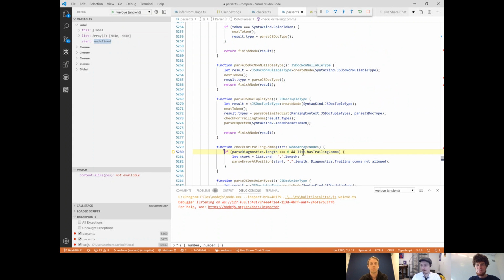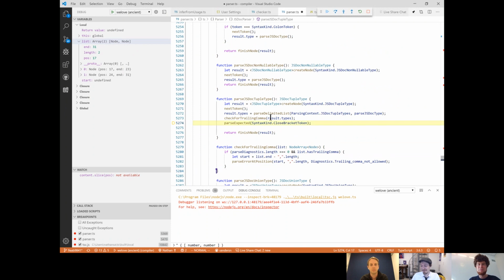So, it's an error message. Oh, that's right. We jammed all sorts of custom properties on lists back then. I don't think we do that anymore. I'm not sure. So basically, parse delimited list also jams some additional properties onto the list that you created, and then the parser can check that. Back then, I guess trailing comma was not allowed,